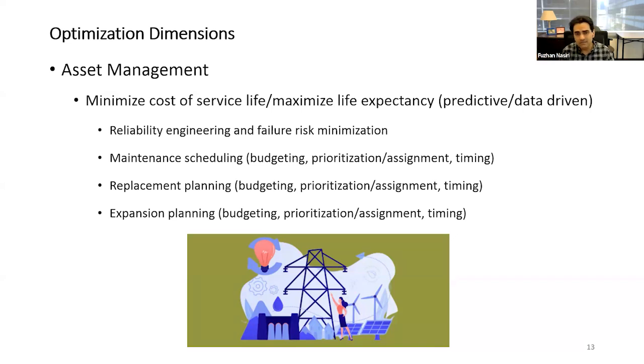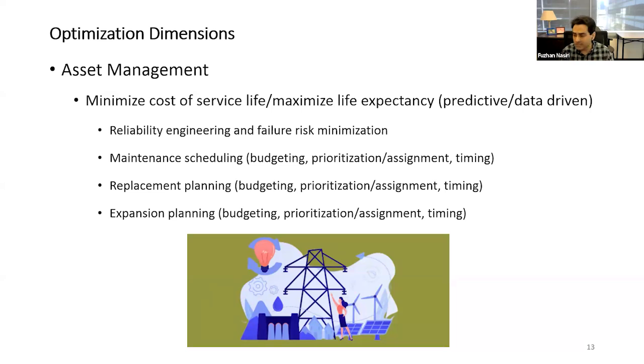And with that, there needs to be combinations of effort to maximize life expectancy and minimize cost of service life while maximizing life expectancy. And that is where data analytics is coming in, because it's all about the future and the scenarios that we're going to have. At the core of it would be prediction of failure at the component level, at the system level,